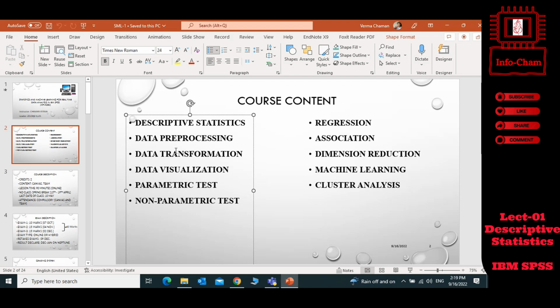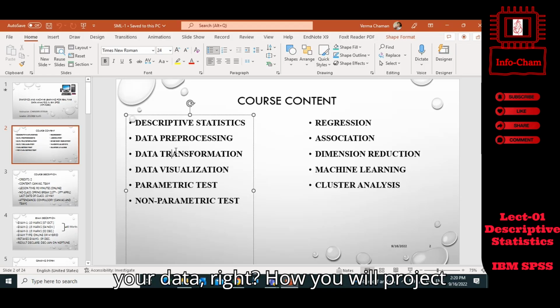And next I will go for the transformation. Exactly, so transformation is also important. We will see how we can do it, but maybe it is not for a few minutes, it will take a whole lecture. Okay, and after then we will also see visualization, which is most important for the graphical things,